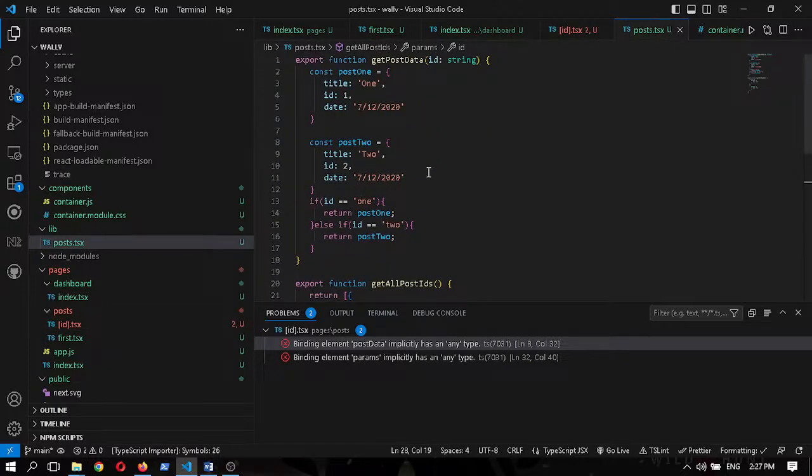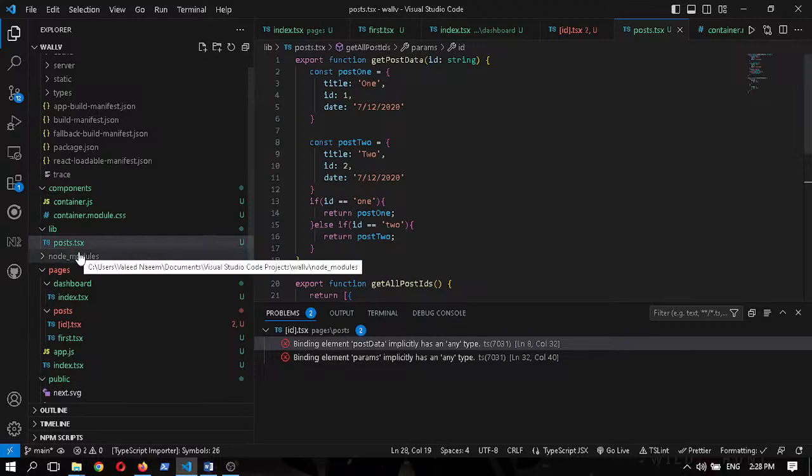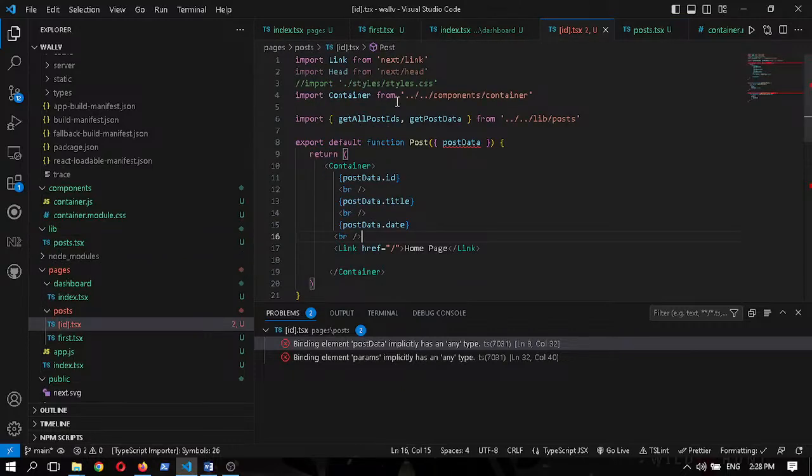In this page, this is the posts.tsx in the library. This page is included in here. We import these two functions from this page,